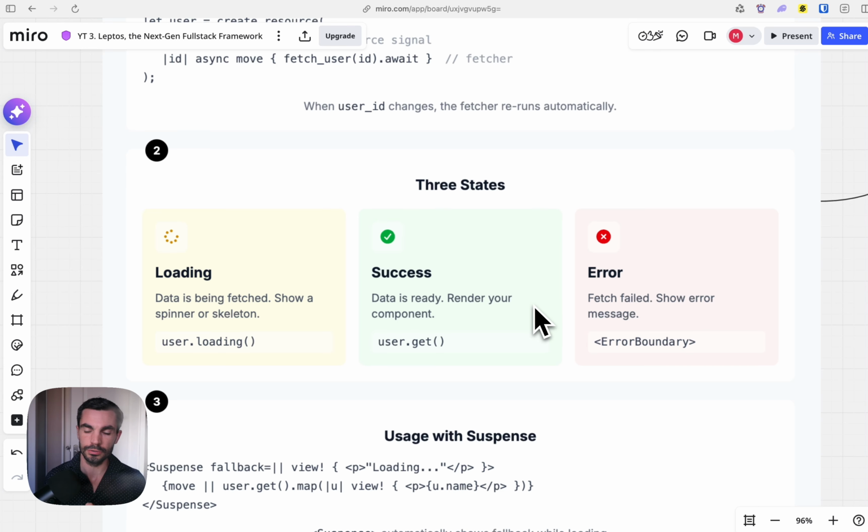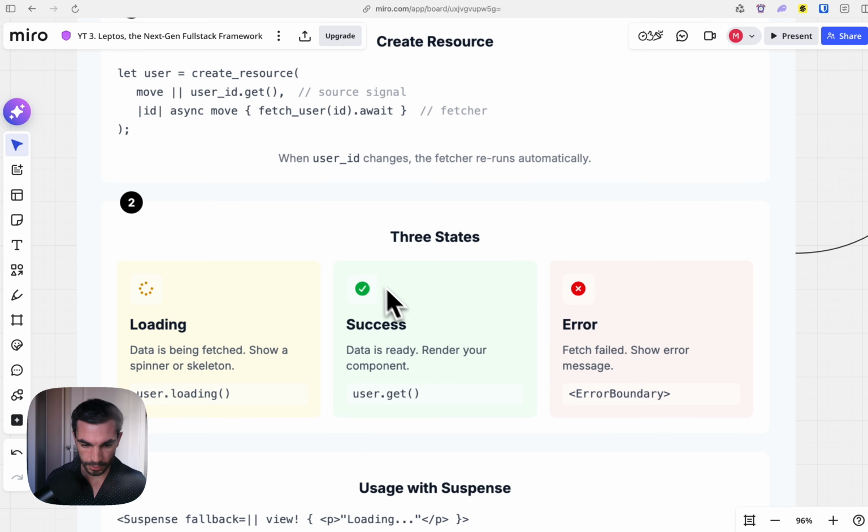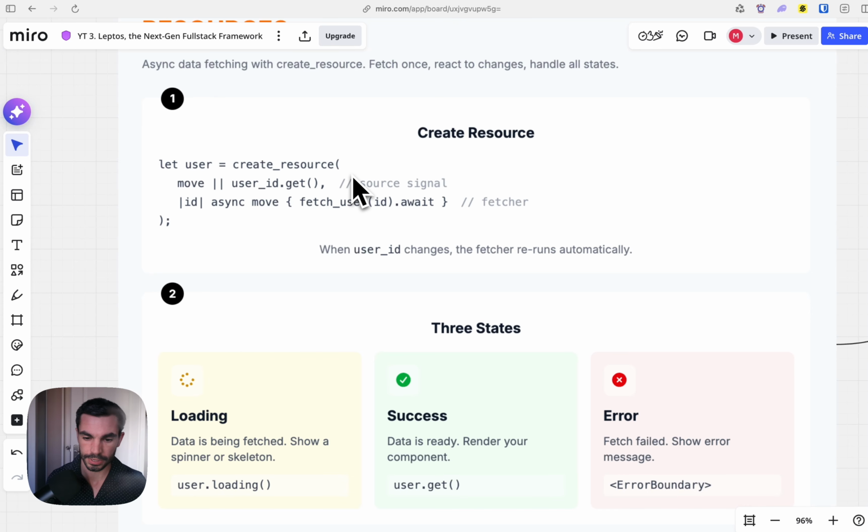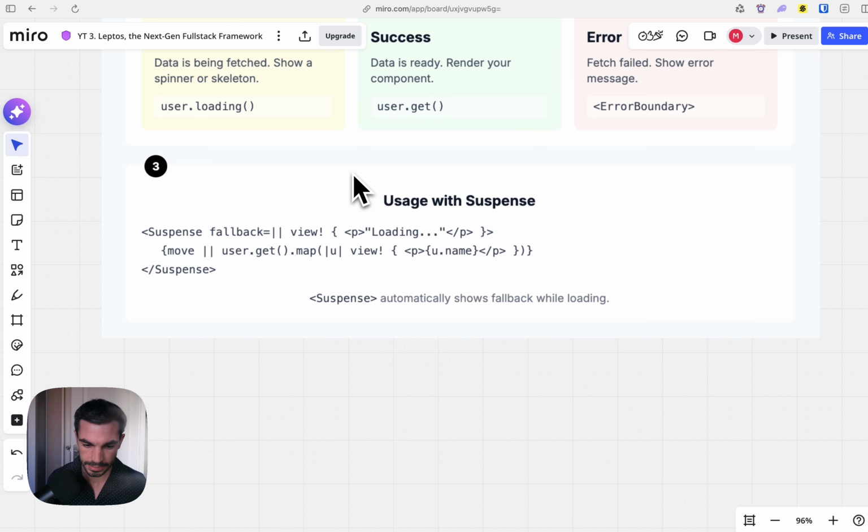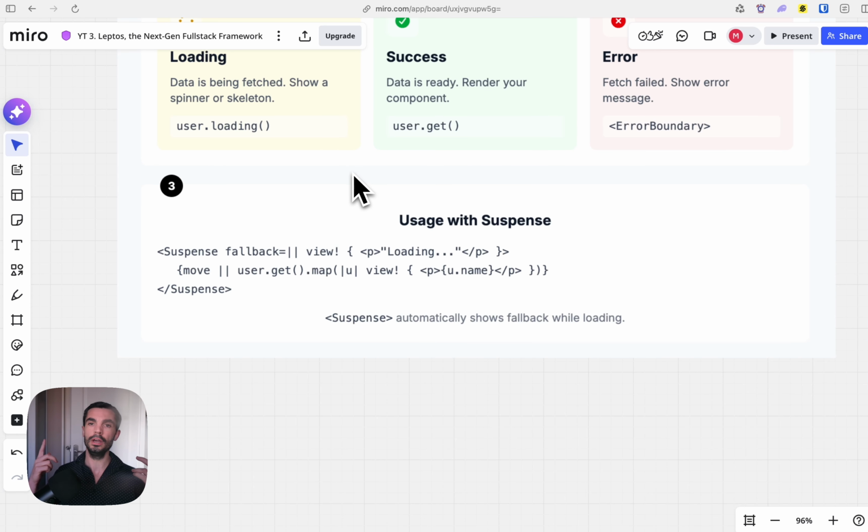It can be either loading, success, or error, okay? And the way you can get this is using loading like this, or user.get. We have already seen that, because it's also a read signal. And we also have ErrorBoundary if there is an error, okay? Once you have defined your resource, you can use Suspense. Suspense or Transition. Here I'm showing you Suspense, and it looks something like this,